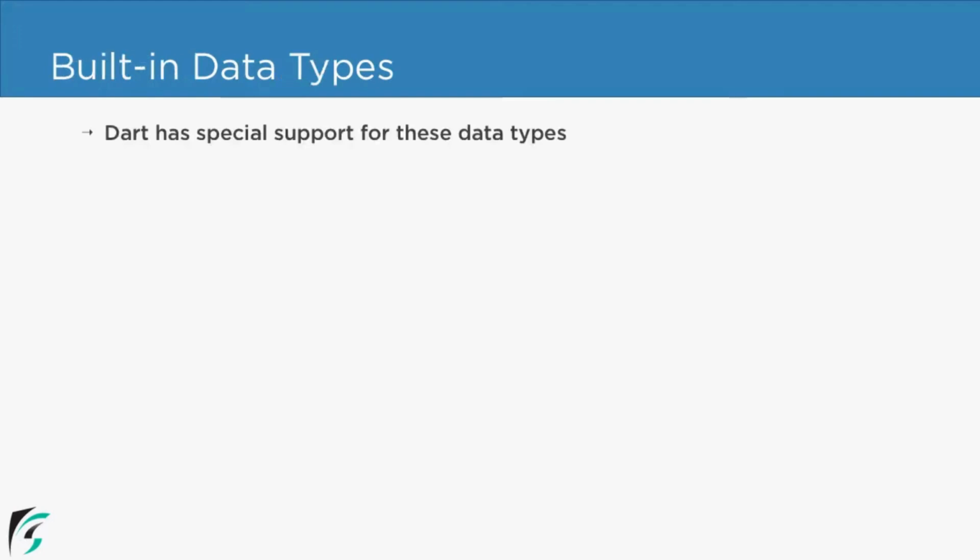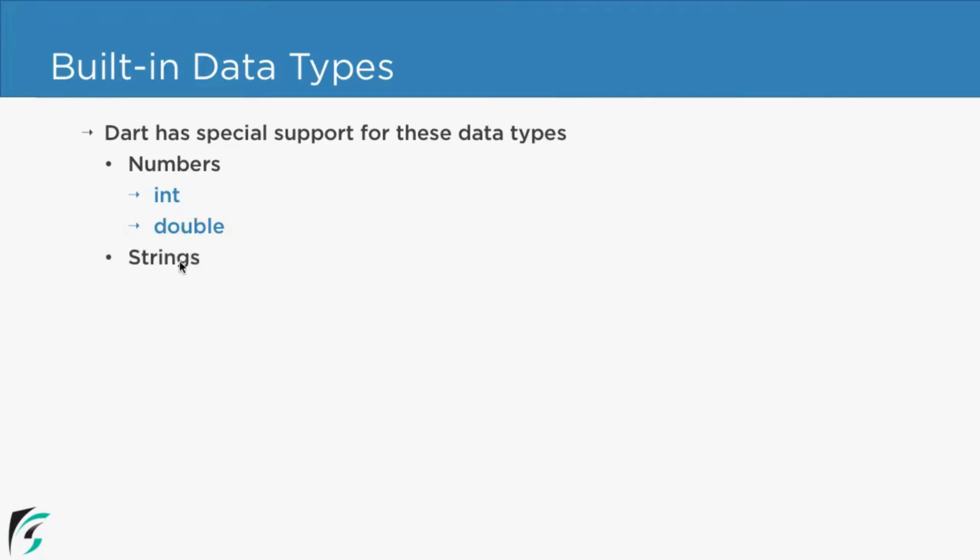So first of all, what are the various data types that Dart supports? For that, the first one is the numbers. Now under numbers, we just have two types of data types, such as int and double. Now in Dart, we don't have anything such as float or long. We just have straight away two types of numbers, that is int and double.